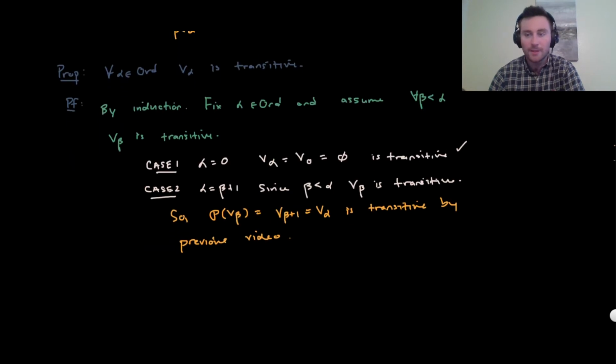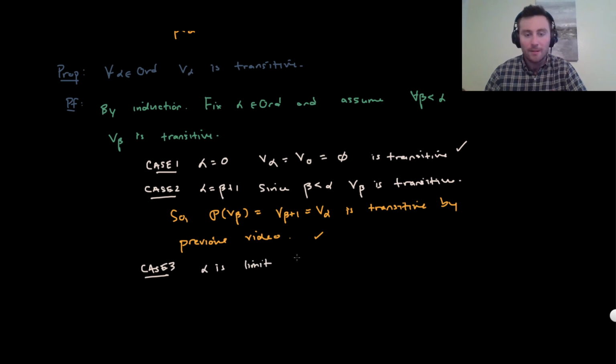Okay. And then what's the third case? So we're good in this case, right? This is what we wanted to show. And the last thing we need to check is, well, if alpha is a limit ordinal, so case 3. If alpha is a limit,